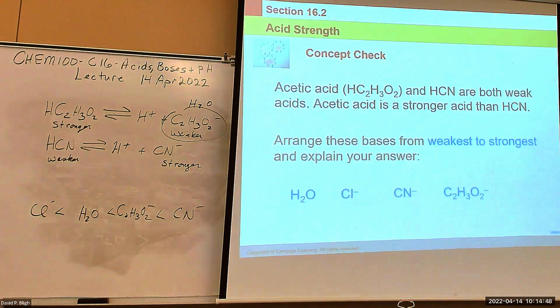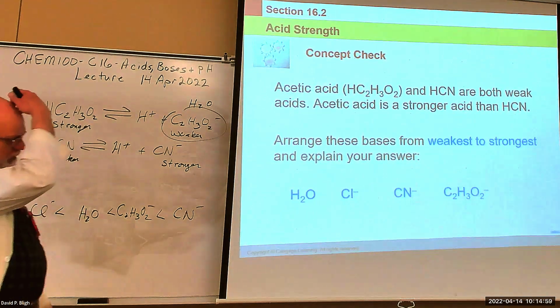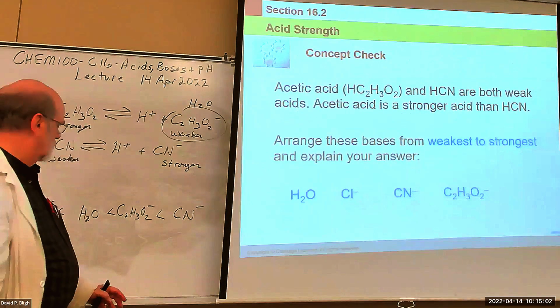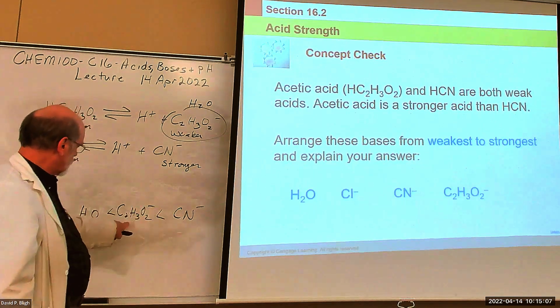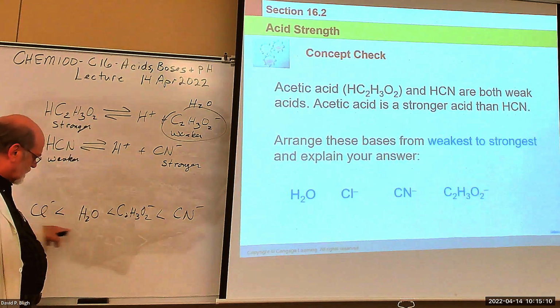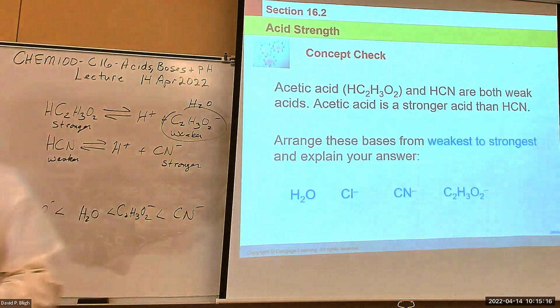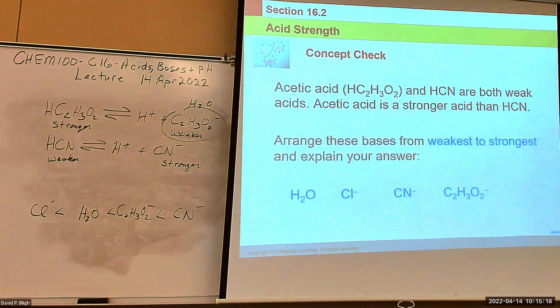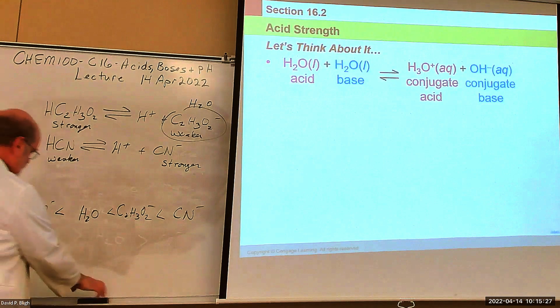Weakest to strongest. They're saying that water is a weaker base than chloride. I think that's wrong. Weakest to strongest. That order is wrong. This is the strongest base because it's stronger than this one. This is the weakest base, and water is here. So that order is wrong. I need to fix that. Okay. So now,